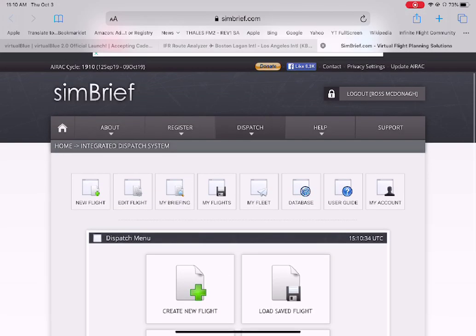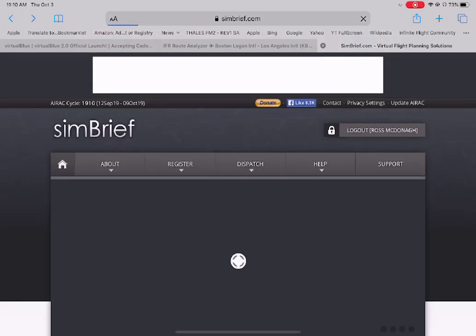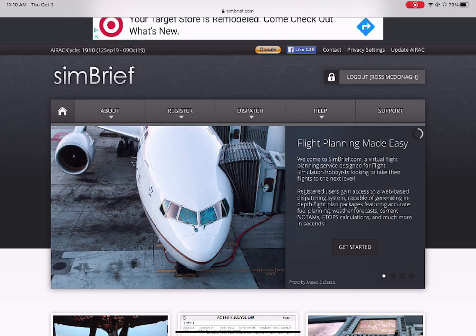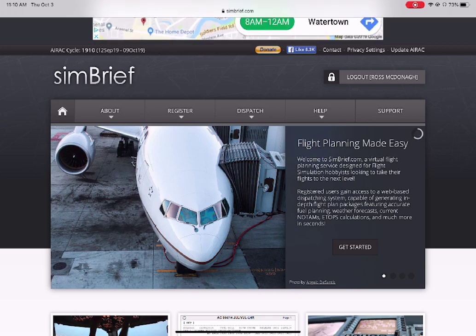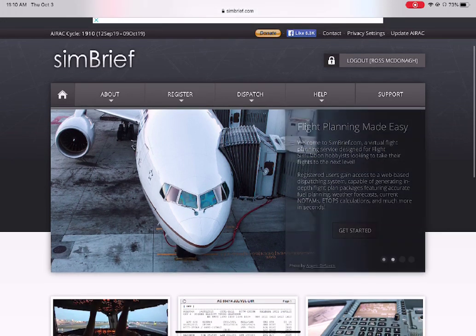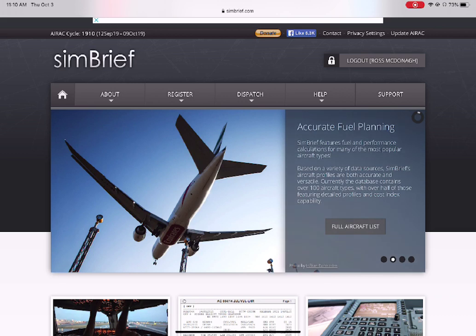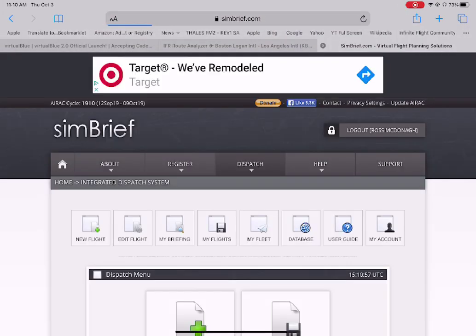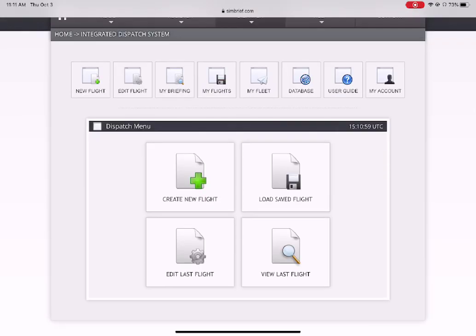So come into SimBrief. Let me back up a little bit. You can create an account. I've debated making a VA account that everybody can access, or a VA account where we have all of our flights saved, and discussing it over with the rest of the leadership team. So you come in, you hit dispatch system, then you hit create new flight,